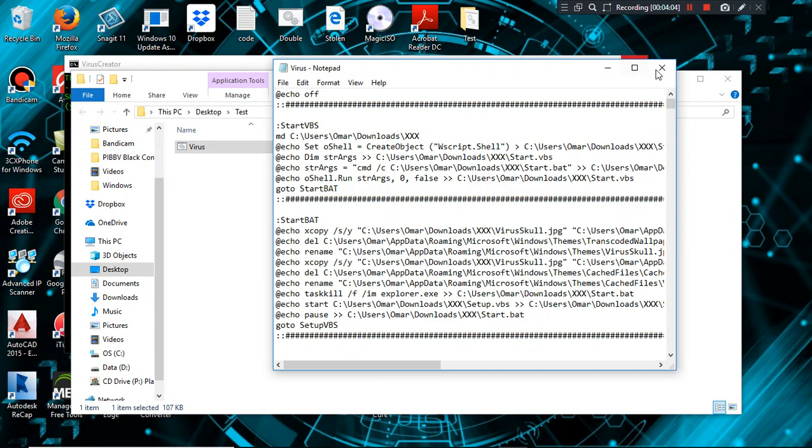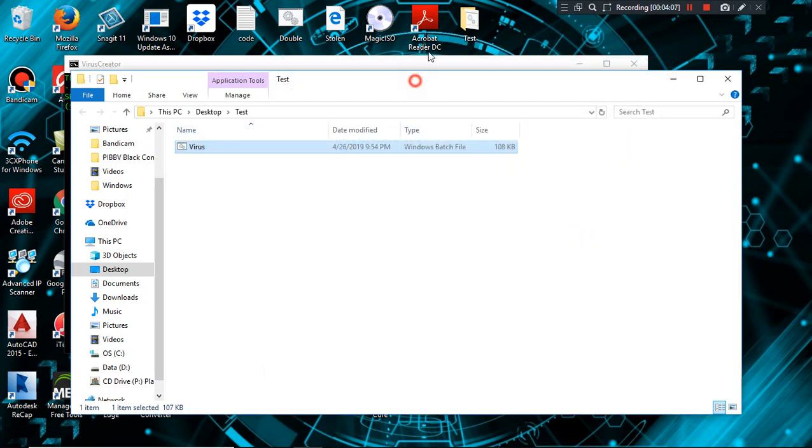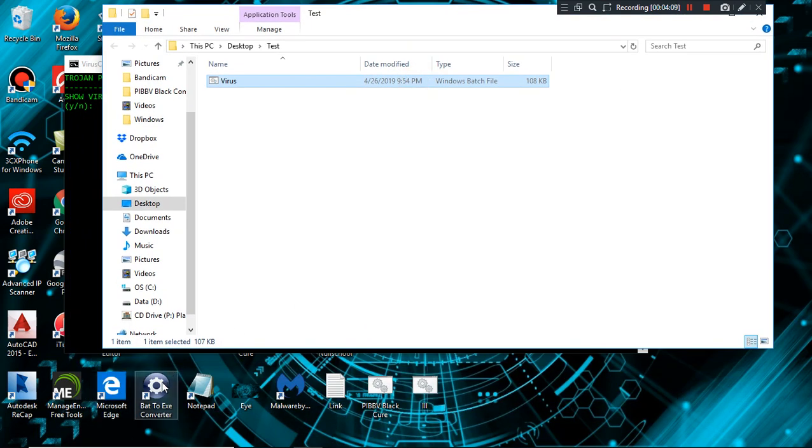Now you can run it as a batch file. It's going to work fine, or you can actually run it as a bat2exe, as an exe file. It's going to also work fine. So let me go ahead and show you that. Okay, I'm going to convert it to an exe, or let me just run it as a batch. I don't want to waste time converting it. I mean, I could convert it to an exe file. That's an application, not a batch file, and then run it, and it's going to produce the same results. However, it's going to be a little slower. I don't know why, but it's going to produce the same results. It's going to take just some time to produce them.